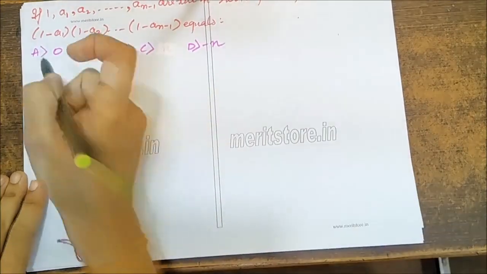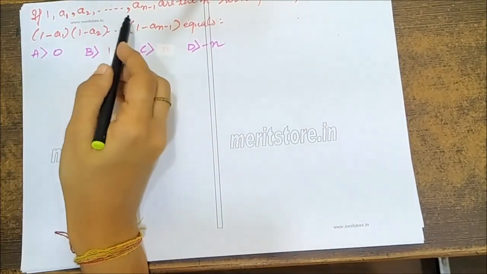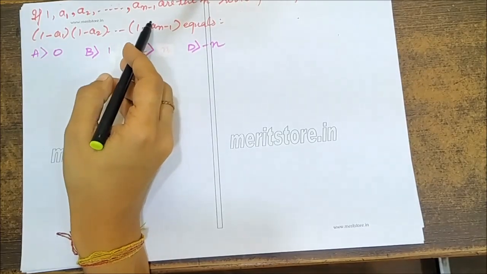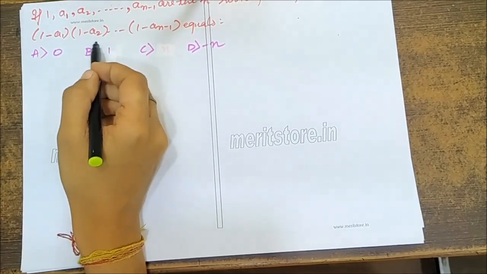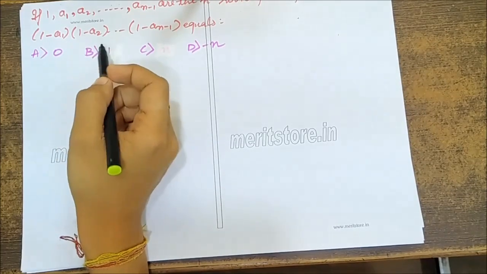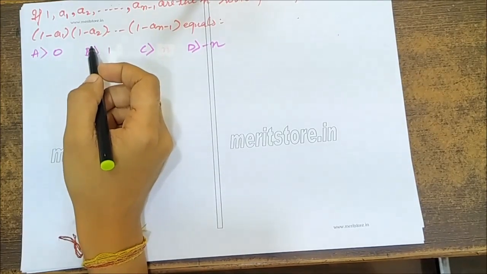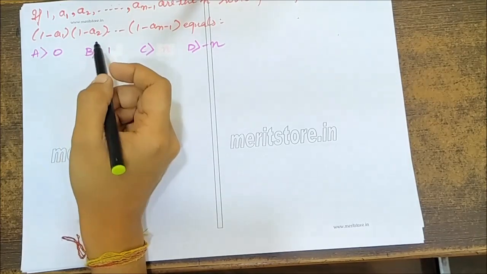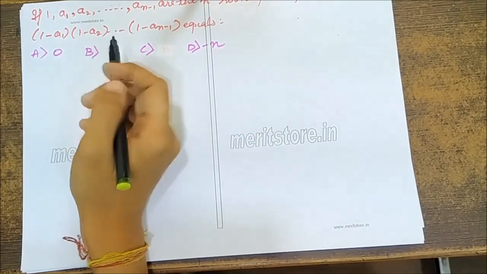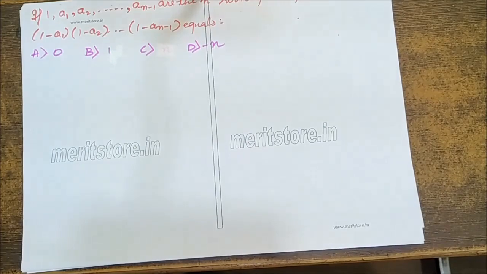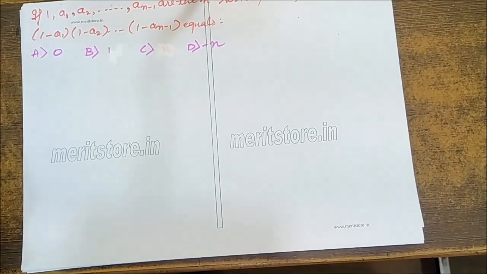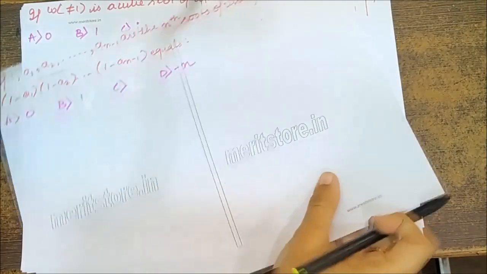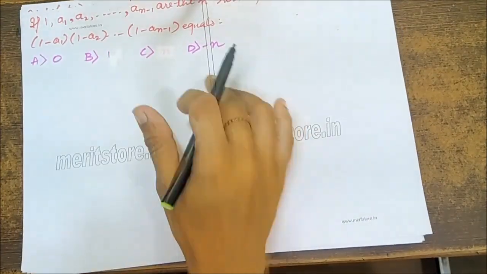Next, if a1, a2 till an minus 1 are the nth roots of unity, then 1 minus a1, 1 minus a2, till 1 minus an minus 1 equals